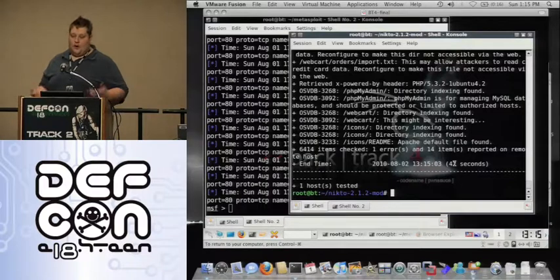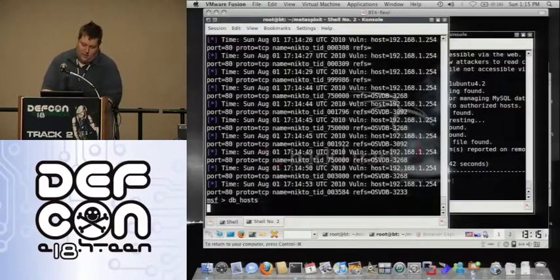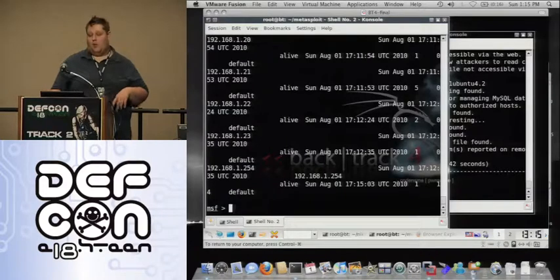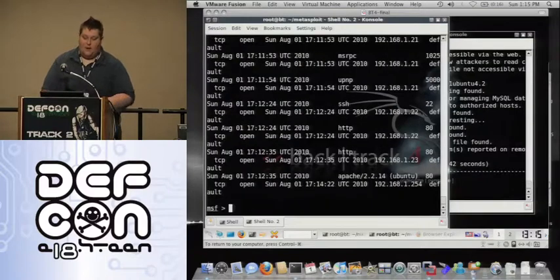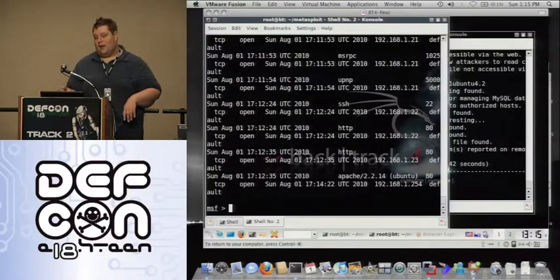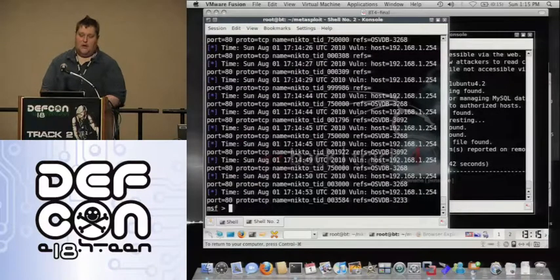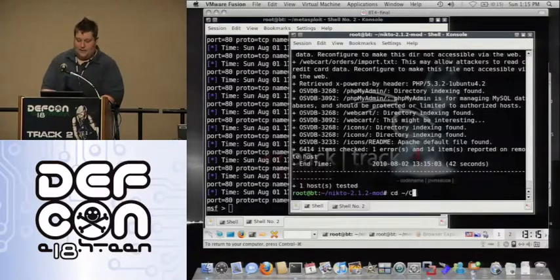So right now we have some hosts in here, and if we want to get a full picture of what's going on, we can look at DB hosts and say, okay, we can find our host and it's alive, and we know when it was added, and we can go over to DB services, and we can say, okay, so let's match this up with the information that we have. And then we go over to DB vulns, and okay, so that's not necessarily the easiest way to get to all this. So instead,